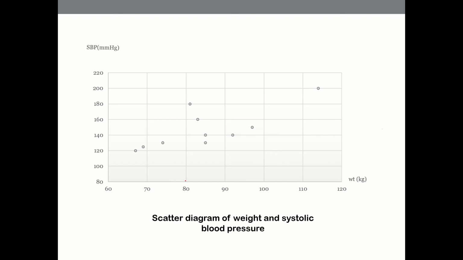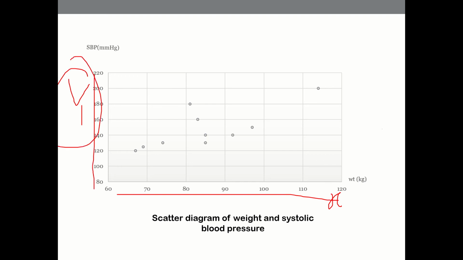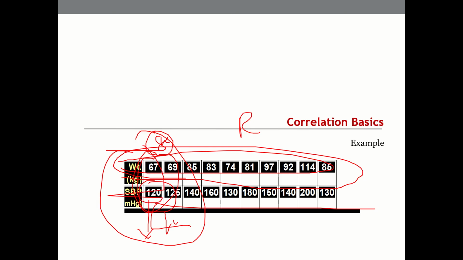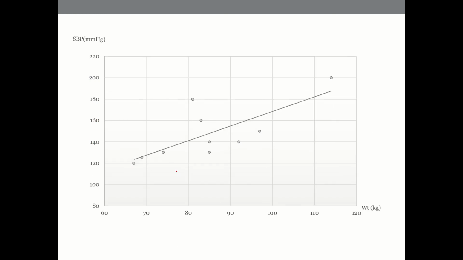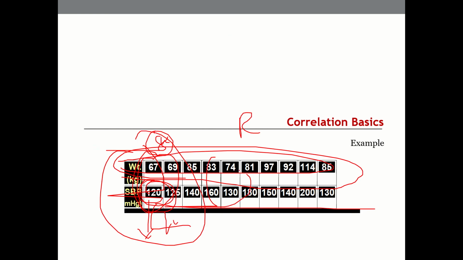Okay, so how it is done, we have seen this in the initial case. We just have to keep one variable in the x and one variable in the y, and here in correlation precisely we should keep the dependent variable in the y axis. And then the plot is drawn. Okay, so this is a very simple scatter plot diagram where, for example, I think this is the first one, 67 weight, and the blood pressure level that is recorded is 120. Similarly all the variables that are given here are plotted.